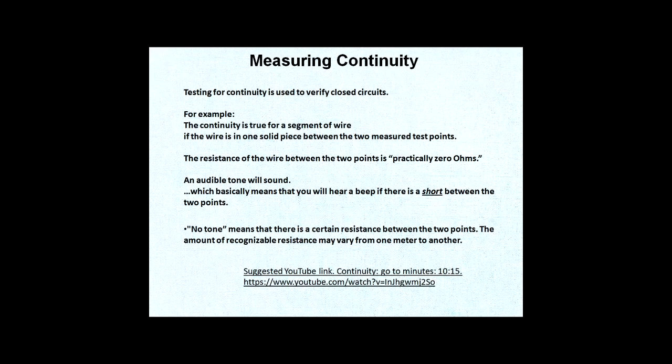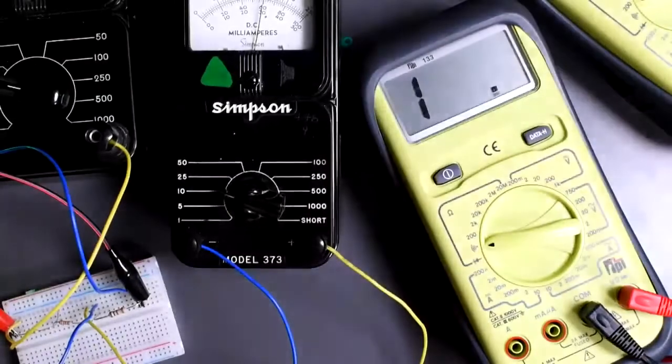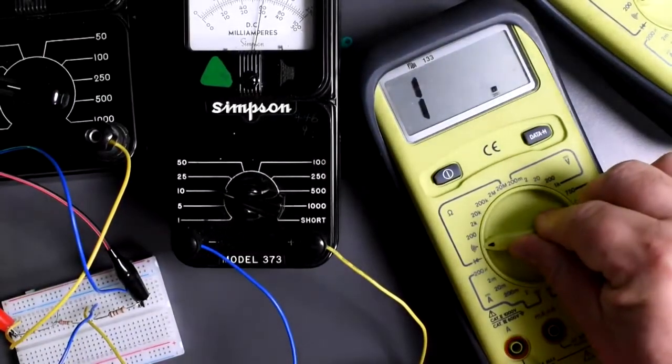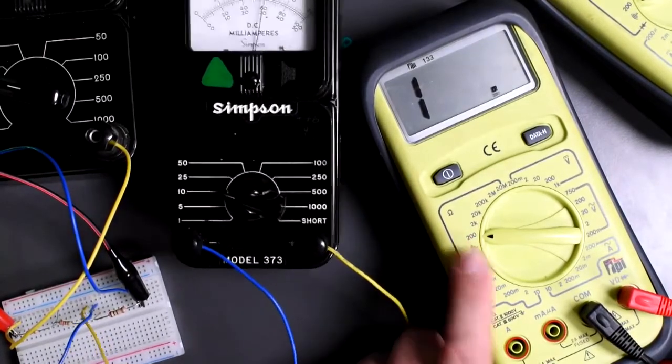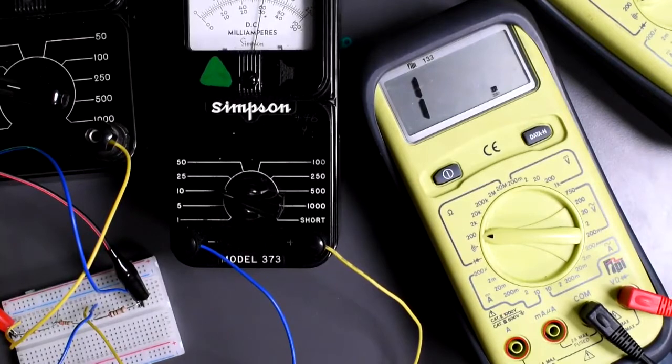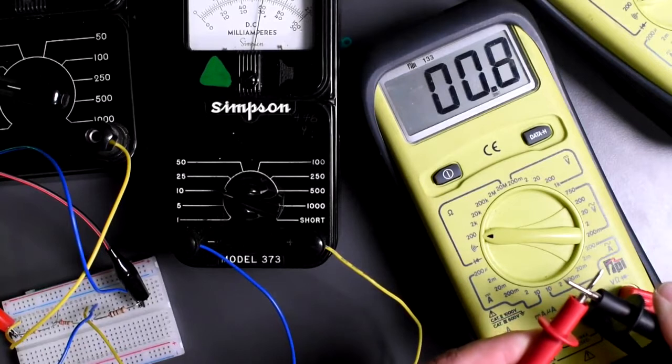Testing for continuity is used to verify closed circuits, or a closed or clear path, or a 0 ohms path. If you measure something, I want you to remember this forever. I'm going to switch to an ohm meter with a range of up to 200 ohms. Look what is going to happen when I join those leads. It's going to show me about